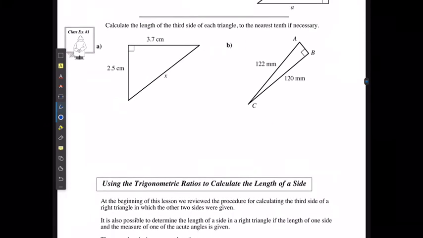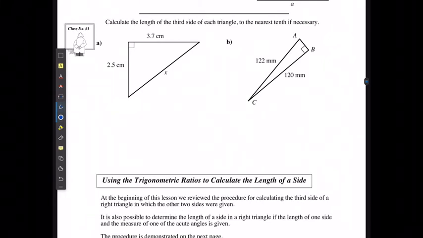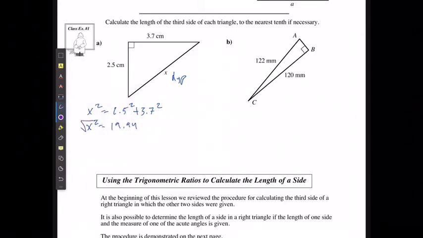So if I am solving for these, in this case, for the first one, I'm solving for my hypotenuse, or my c value. So x squared is going to equal 2.5 squared plus 3.7 squared. 2.5 squared plus 3.7 squared is going to equal 19.94. And then to solve for x, I just square root both sides, which means that x is going to equal